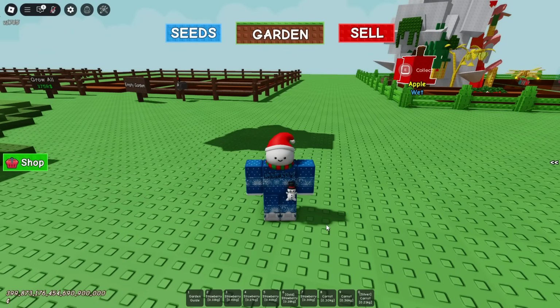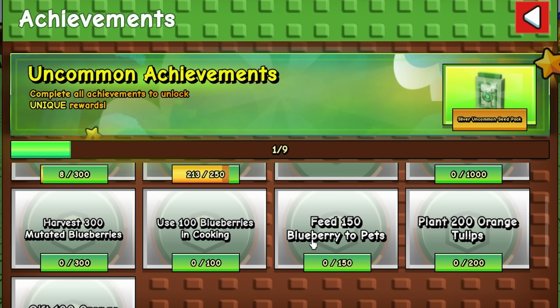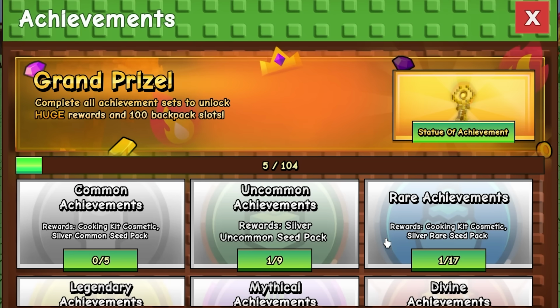But there is one tiny problem. I highly do not recommend you actually do the uncommon achievements because this only gives you an uncommon seed pack, and this takes a lot of time because it requires you to use 100 blueberries in cooking. This is why I recommend you do this last, because that cooking timer takes a while, and instead I